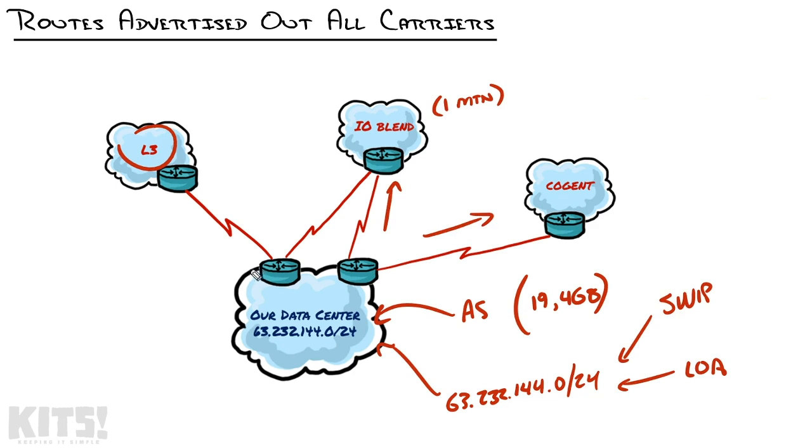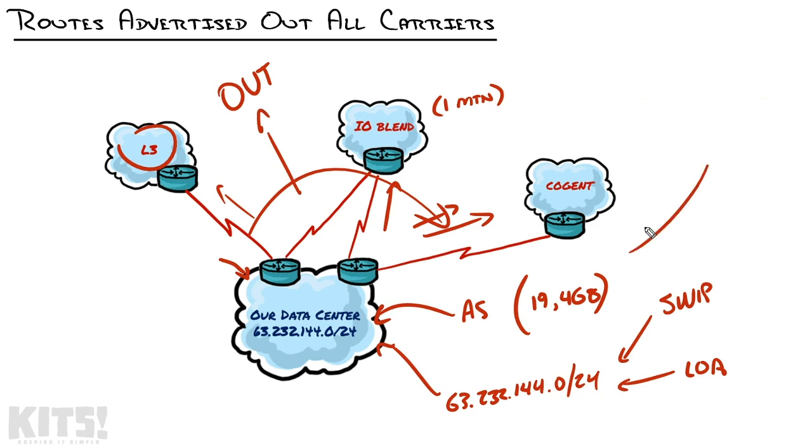Now, when it comes to autonomous system control, we have total control of how our system routes. It's our system. If I want to send all the traffic out to Level 3 or out to Cogent or load balance between all of them on the outbound traffic, that's no problem at all. I can control that. However, when we're trying to influence the inbound traffic, now we're talking about impacting other people's